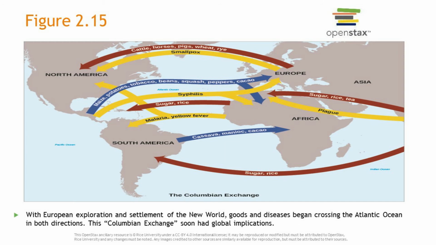There's wonderful things that's going on. You have brand new food that's going to help populations thrive. From the Americas, you have things like potatoes, squash, pepper, things like that that are going to Europe, and those are foundational crops that are going to help society, especially for potatoes. Those are a great staple for Europe.